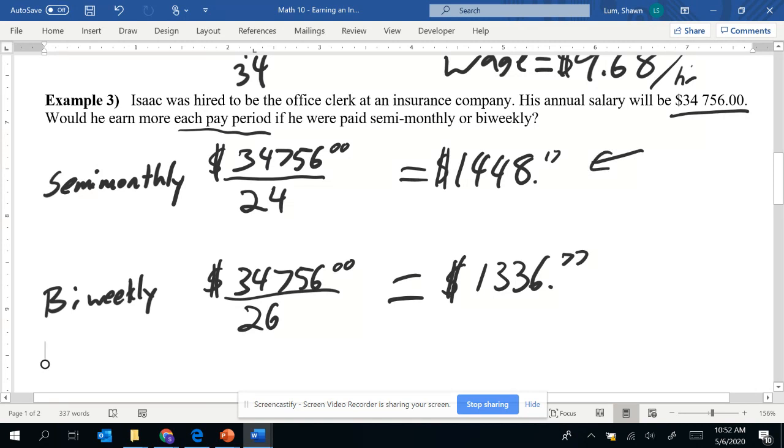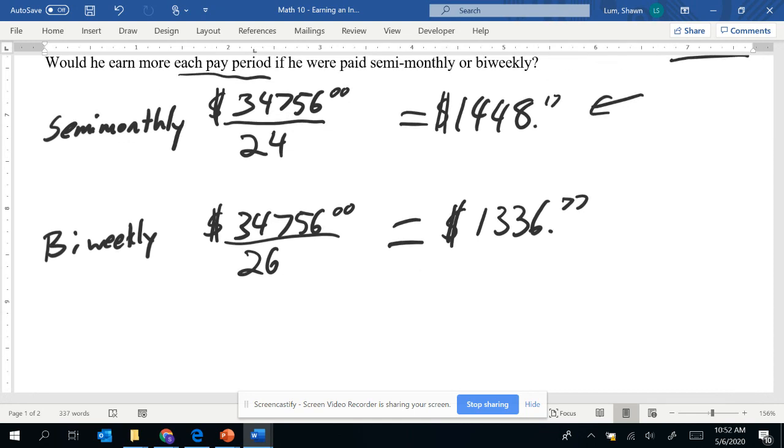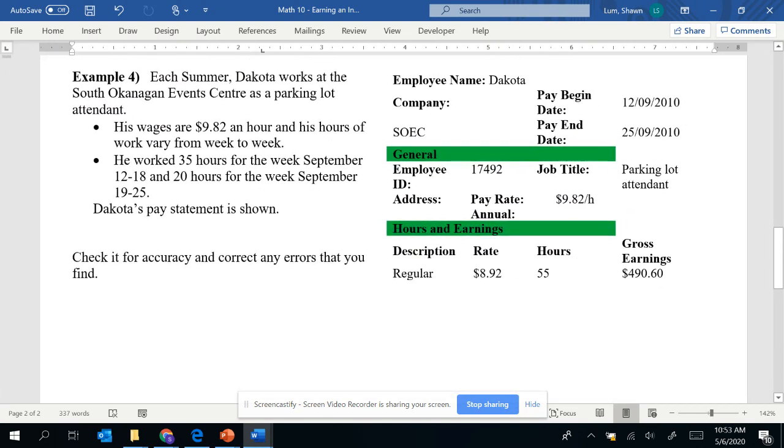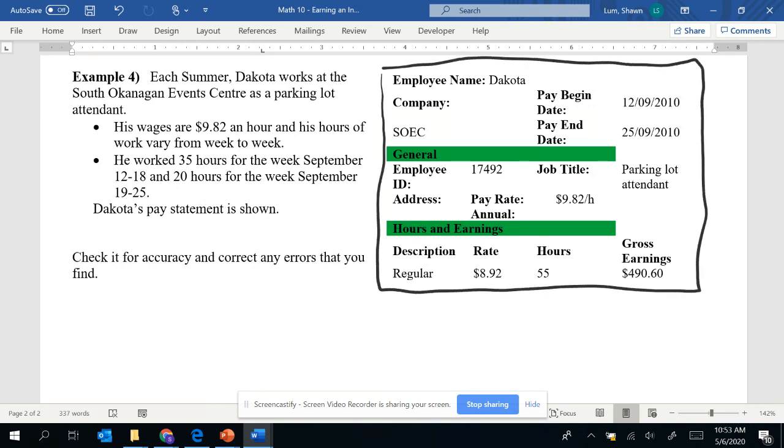Okay. Now we're going to take another one and we're going to look at pay statements. So this is an example of a pay statement right here. This is a very, very small pay statement. If you get a pay statement for your job, it'll probably have a lot more detail than this one. But we're going to start off with some basic pay statements first. Anyways,